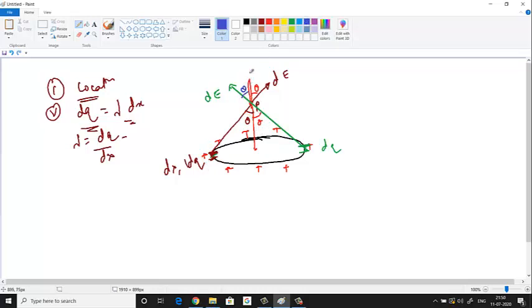So what are we going to do now? Resolve it. If I resolve this in green color, I'm using light green, this dE is at angle theta, so this will become dE cos theta, and this will become dE sin theta. Okay, what about for this dE? Let me use some other color. Let us take brown.